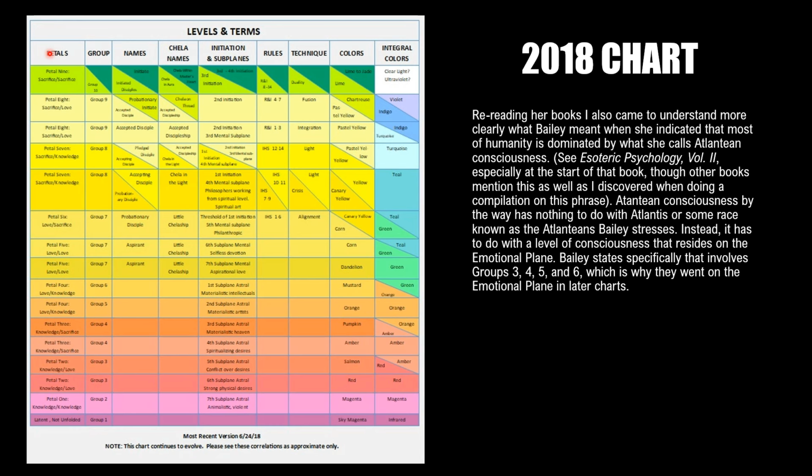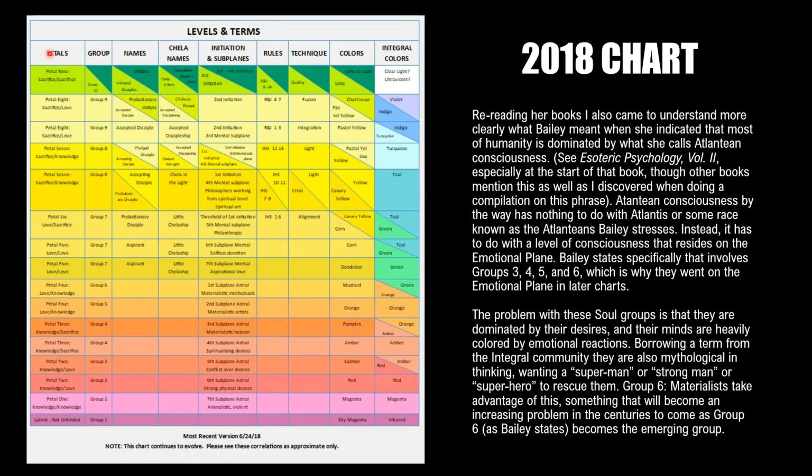Now, Bailey stresses in Esoteric Psychology Volume 2 that the majority of humanity is group 5, then 4, then 3, which, for those of you that love Integral, has a close parallel: Amber to group 5, Amber to group 4, and Red to group 3. The problem with these soul groups is that they are dominated by their desires, and their minds are heavily colored by emotional reactions. Borrowing a term from the integral community, they are mythological in their thinking,